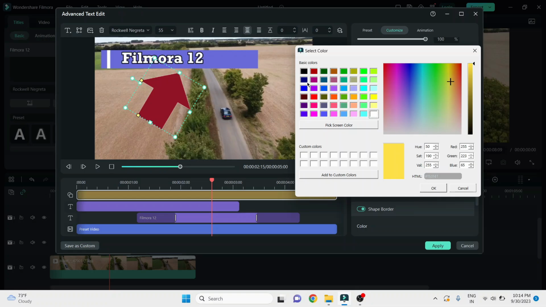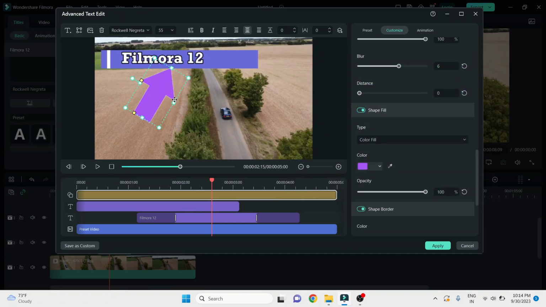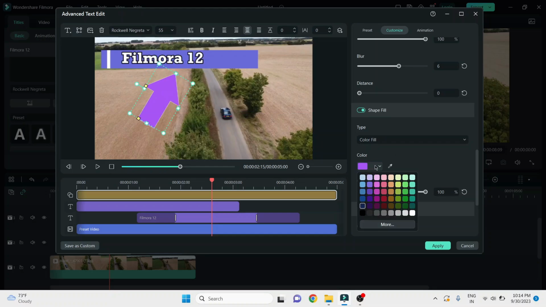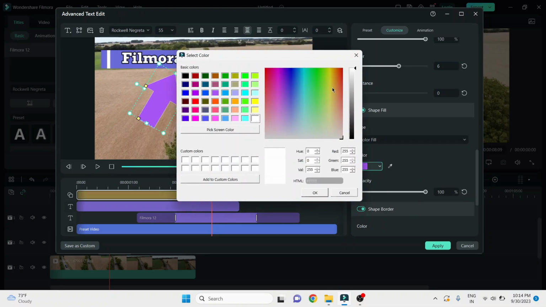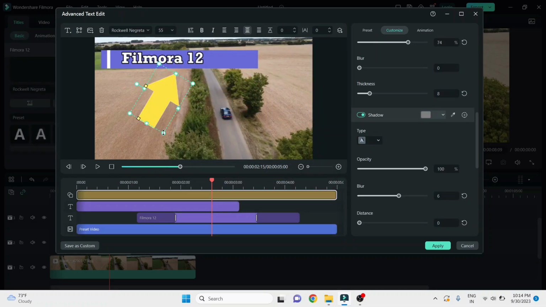Or if you want to select from these colors, you can click on it and click on the OK button. Now guys, the rectangle color has changed. So I want to change it to yellow. Okay. So guys, in this way you can add the shapes, you can resize them.